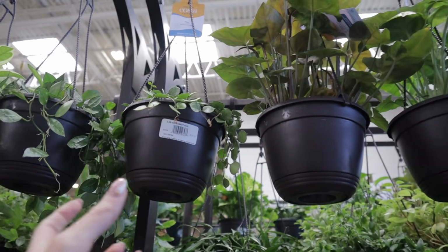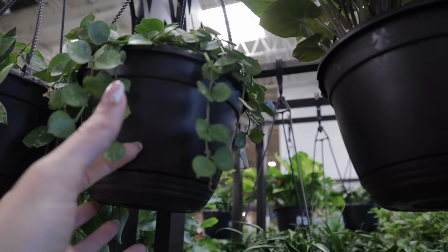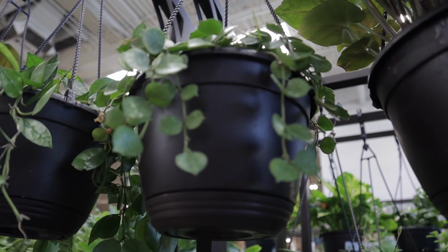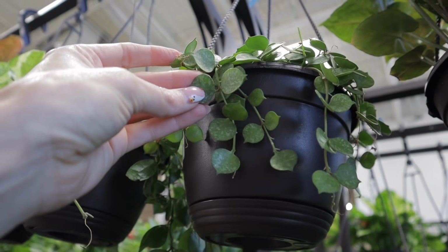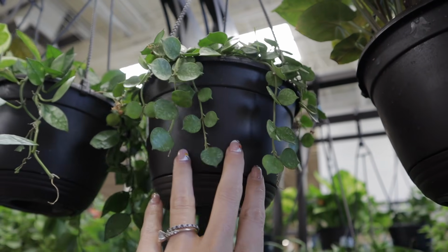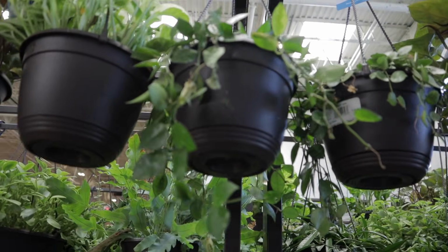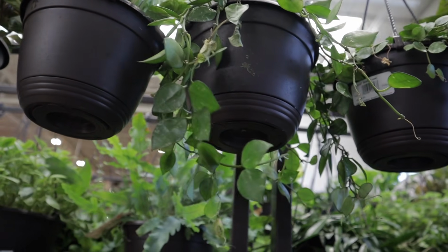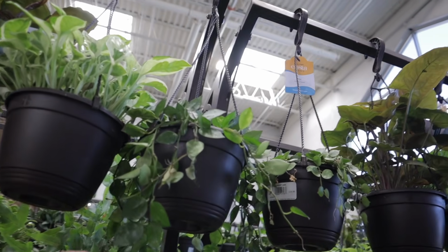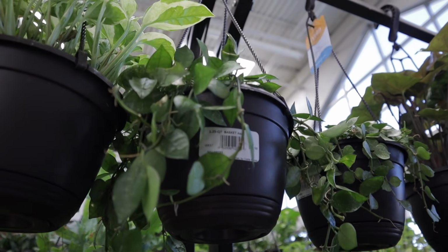I haven't found that one in a long time. Look at these petite little leaves. This Hoya, for some reason, can be a little bit fussy when it comes to watering and overall maintenance, but if you can find it for a great price like that, totally worth it. Not sure what this one is. It looks like maybe a type of Croniana, but the leaves are so lovely and they have this little